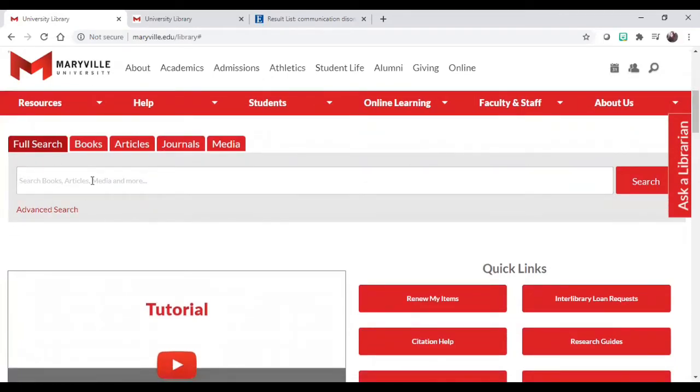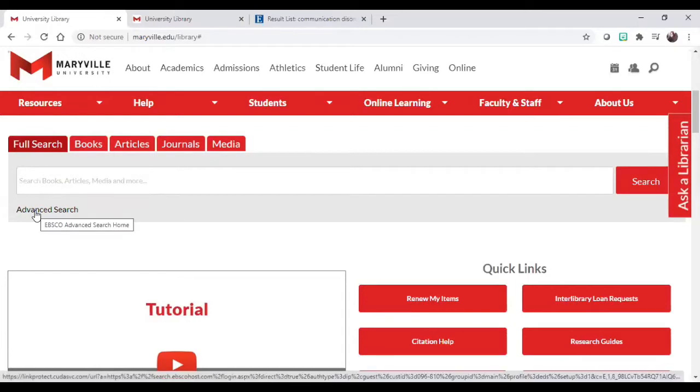So this search bar right here is going to be our discovery search bar. That basically means that it functions just like Google. You can type whatever you want in here and something's going to happen. You're going to get a lot of results, and it's going to be a variety of things from a variety of places. So the best thing you can do is be on full search and then come down here and go directly to advanced search.